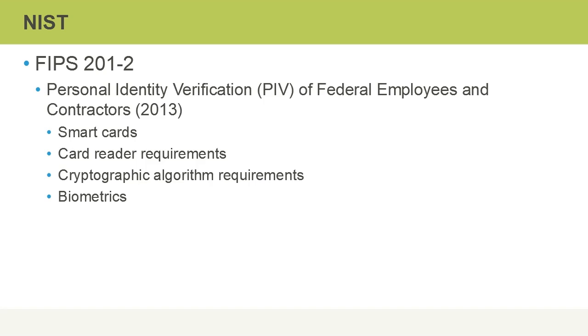There are also specific card reader requirements that must be met for the use of smart cards. There are certain cryptographic algorithm requirements to be trusted that are part of FIPS 201-2, as well as the use of biometric authentication. Biometric authentication is based on some unique characteristic that someone possesses, such as their fingerprint or their